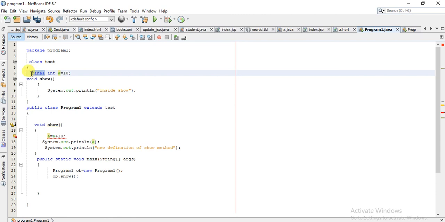So this way we have seen that the final keyword can be used at three places: with the class, with the method and with the variable. Final classes cannot be inherited, final methods cannot be overridden, and final variables are constant values, we cannot change them.